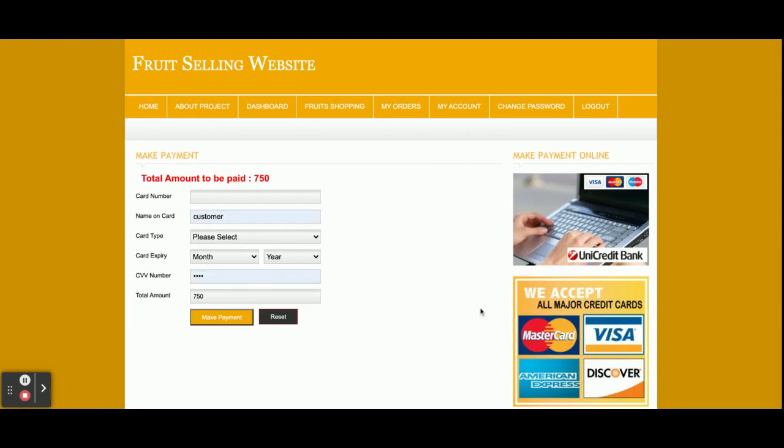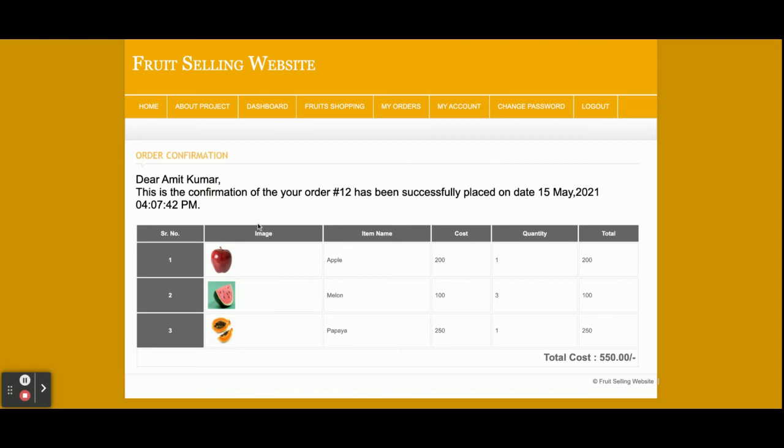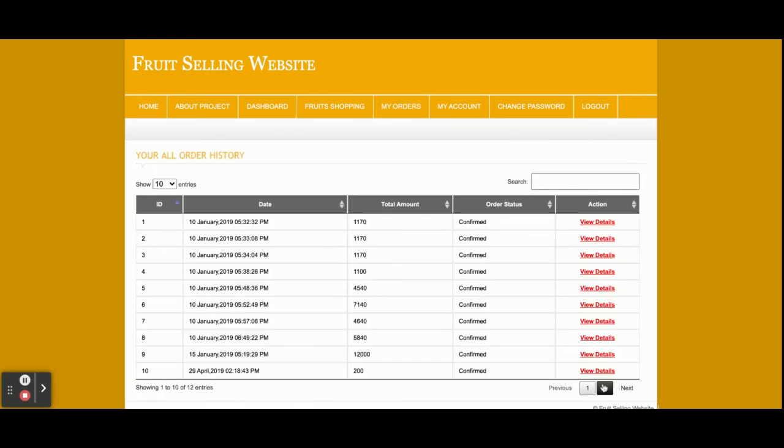Once you click on place order, it will ask for your credit card details. This is a dummy page, there is nothing dynamic on it. So enter any garbage value and it will accept it. I am entering any card details and the expiry date, and then make payment. Once you click on make payment, your order will be created, and you can see the date when you made the order. You can see your order details in the my orders section.